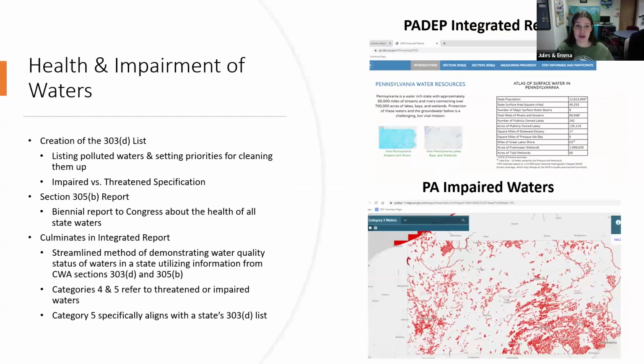So this ties into 303D, 305B, and then the integrated report. Impaired waters that we find based off of the 303D list can then come together with the 305B report highlighting the health of all waters, and we can get the integrated report. We can see a couple of visuals putting that more into context, especially at the bottom, where we get to see the impaired waters in the state. You might recognize some of the streams that you guys work with.